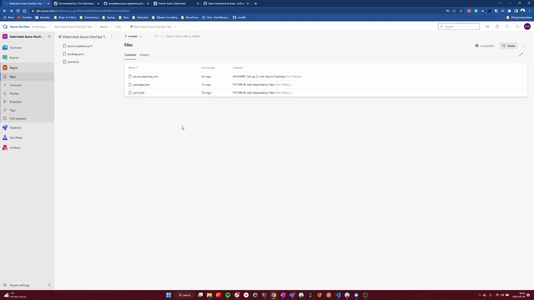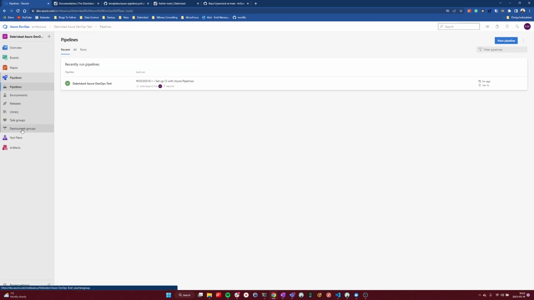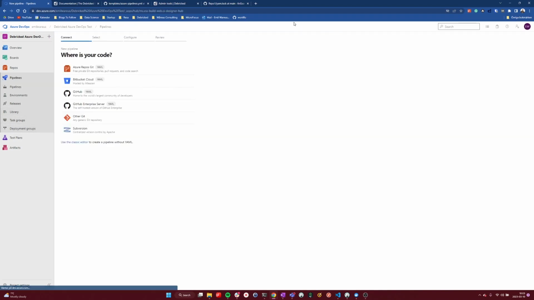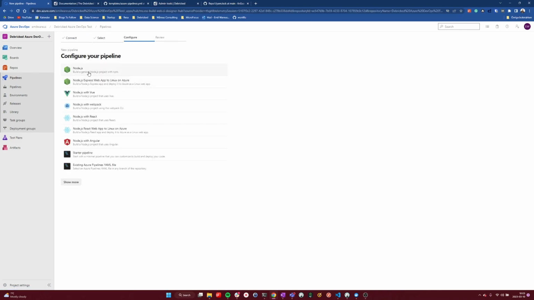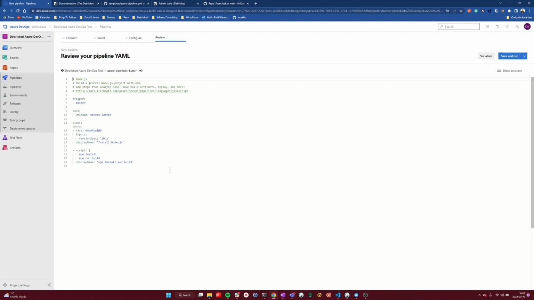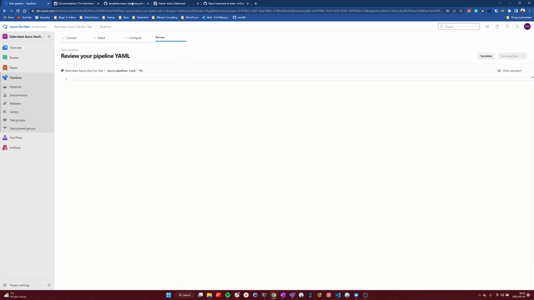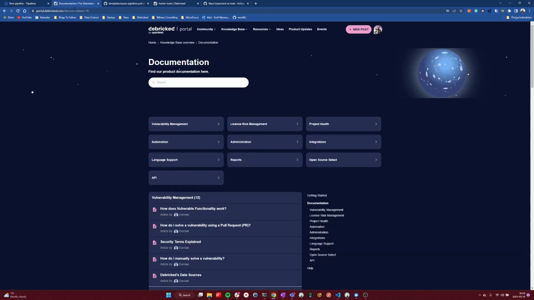So to make the integration, we first go to pipelines, and then I can create a new pipeline. If I choose here to create one of these Git pipelines, I can just pick any template here and override this pipeline with our own integration, which you can find in the Debricked documentation. So if you go to